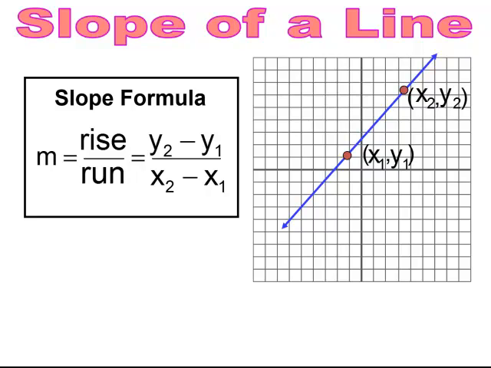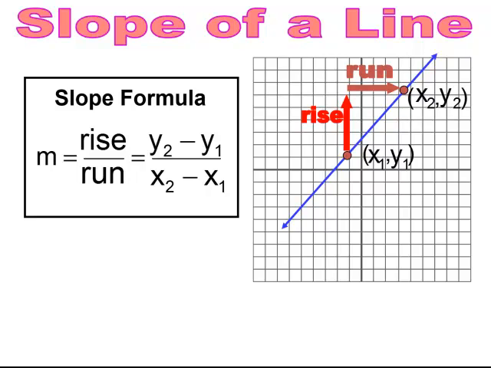We're going to be working with the slope formula to find the slope of a line. If you're given 2 points, you can find the slope of the line by using this formula. Now again, the slope is made up of the rise over the run. And the rise is our y values, and the run is our x values. So you'll be given 2 points, or you can choose 2 points on a line and find the slope for